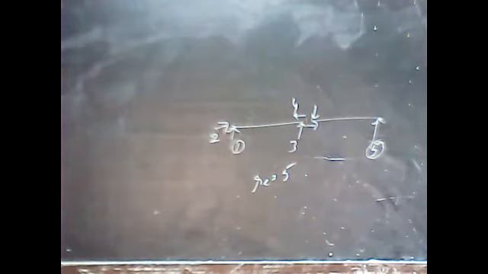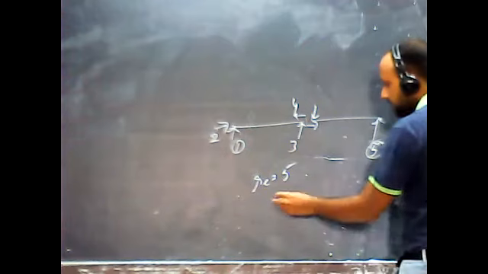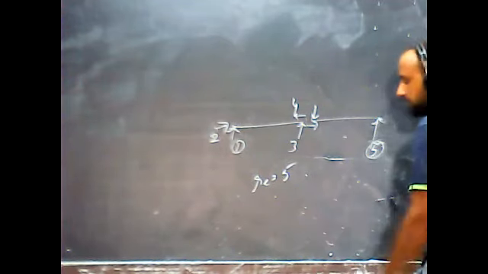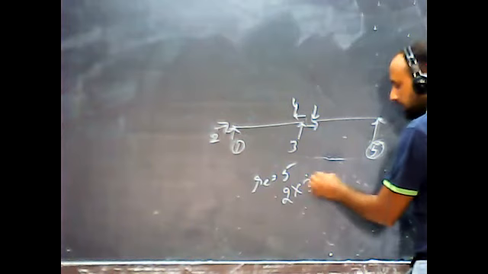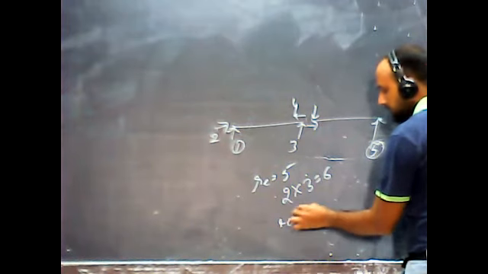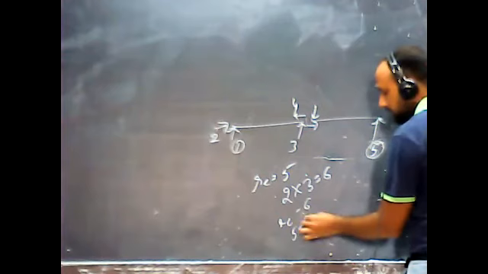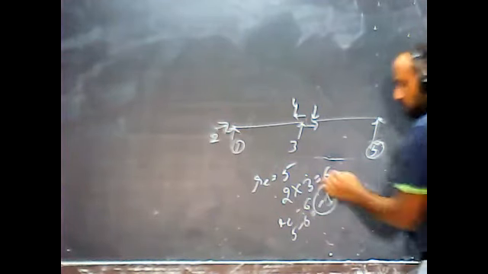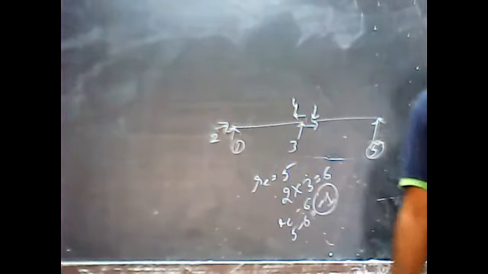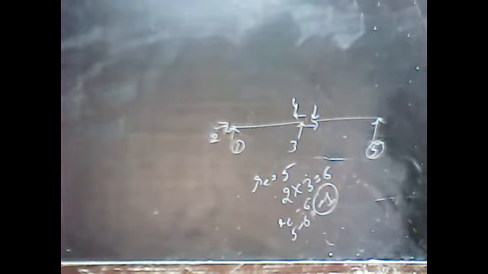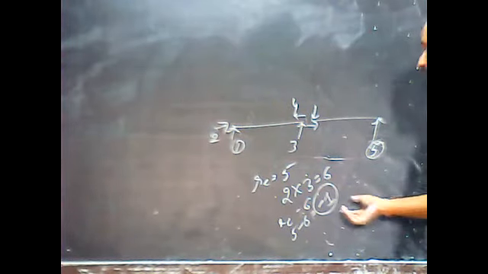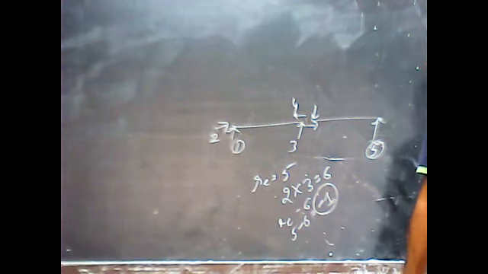Now the problem is how many available equilibrium equations we have. For a single member we have 3. Here we have 2 members. It means the total number of equilibrium equations comes out to be 2 into 3, that is 6. R minus 6, which is 5 minus 6. My structure is not stable. It's not determinate. My structure is not stable. Why? Because of deficient support, or you can say partially constrained.